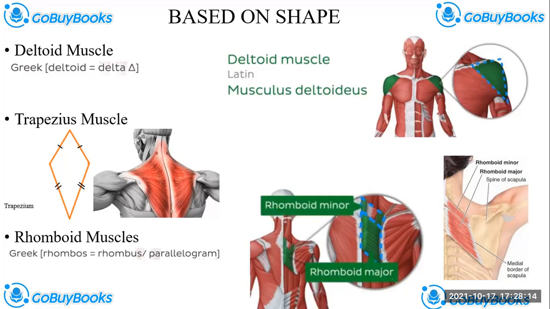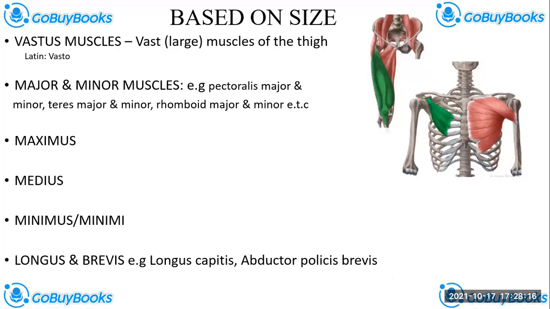So we've dealt with shape, but chances are very high that those are not the only muscles named based on shape. At least you have a little grasp of what we mean when we say muscles are named based on shape. If you come across any muscle like the deltoid muscle, you don't need to cram it. Just know that it's a triangular muscle. When you come across the trapezius, it's the trapezium shape. If you come across the rhomboid muscles, they are parallelogram shaped. That's what they mean. So now the next thing is based on size.